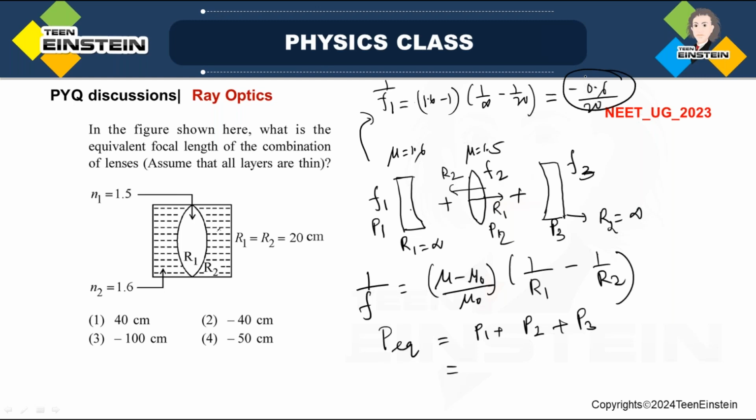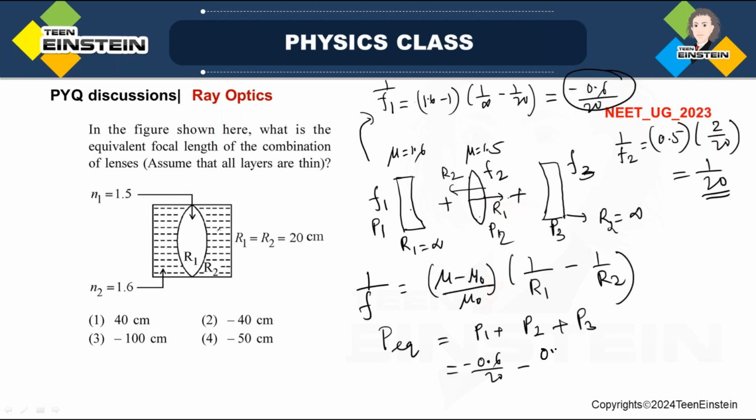So for the convex lens, I get 1 over f2 is equal to (mu minus 1). Mu is 1.5, minus 1, that means 0.5 whole into (1/R1 plus 1/R2). R1 will take positive this side, so it will be additive. So 2 by 20. So I get 1 over 20 over here. These are actually power. So directly I can write this, this is 0.6 by 20